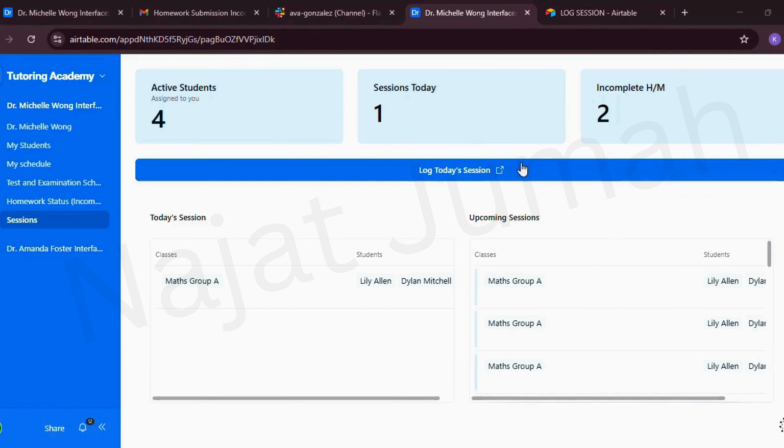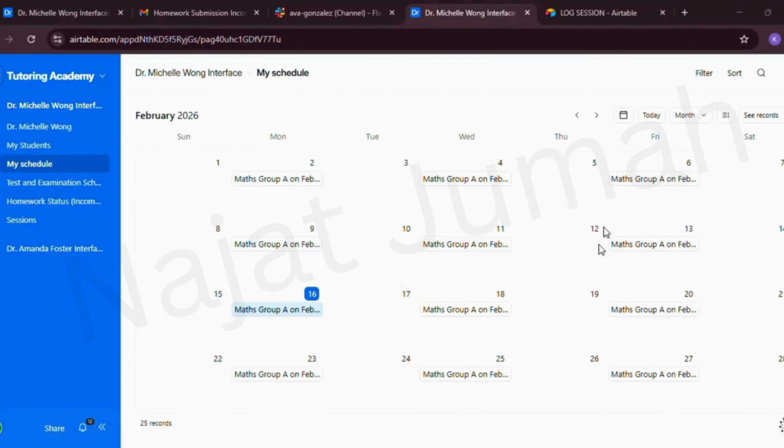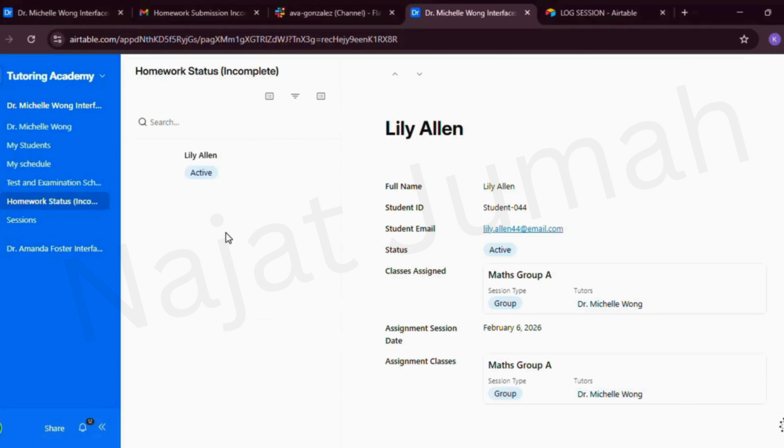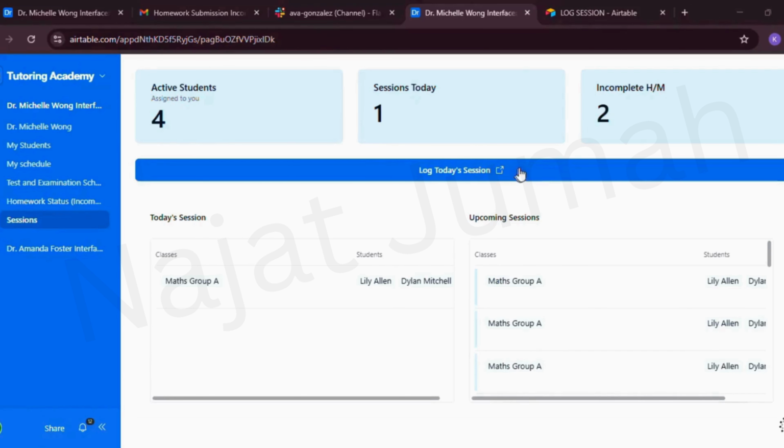This button right here is to log today's session, and this table is for the sessions the tutor has today. The tutor has a math group class today, and these are upcoming sessions. This My Schedule page is a calendar view of every upcoming session, and this is the session the tutor has today. The tutor can view the classes he has in a month at a go. Then we have the homework tracker. This one includes only students that have not submitted their assignment, and only Lily Allen has not submitted his assignment. And for log session, because commenters cannot fill interface forms,